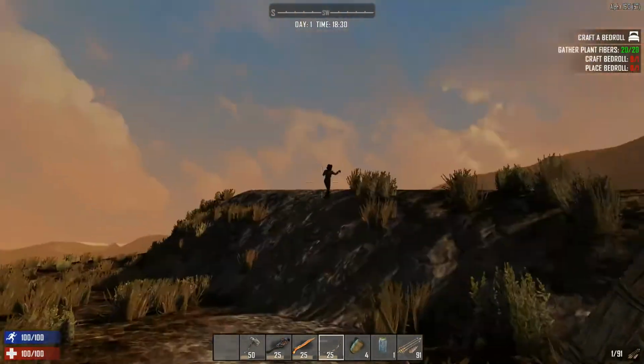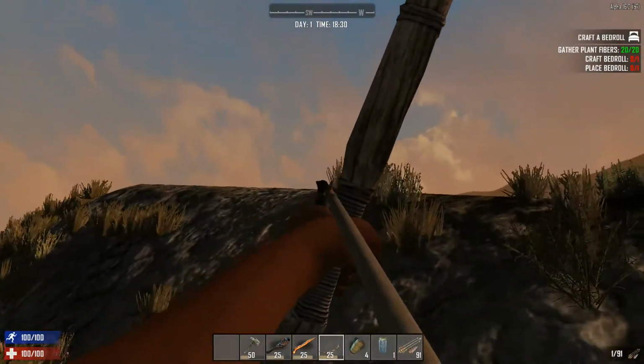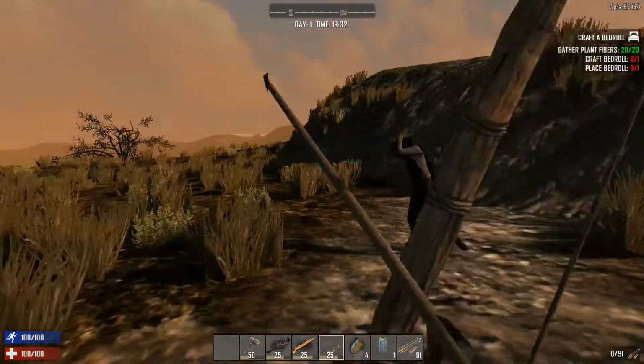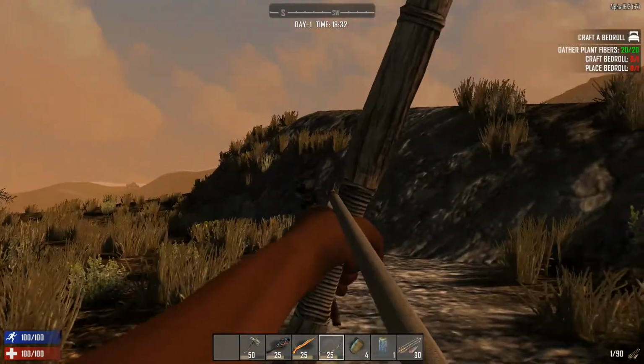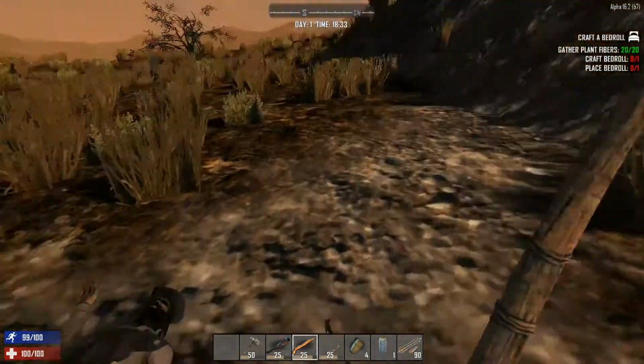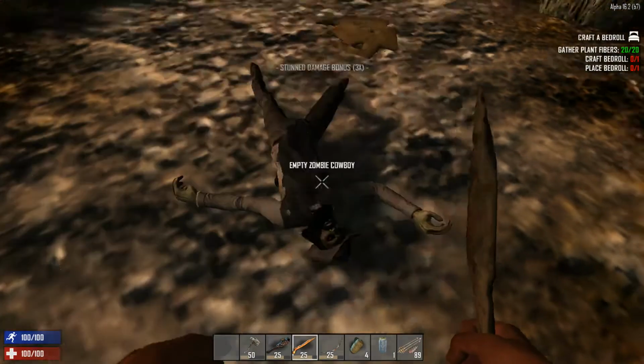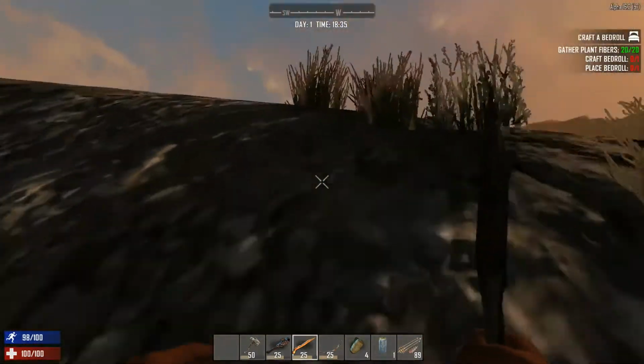Ah, cowboys. Now these guys, as you see me, yeah. These guys can have some really good stuff on them, including magnum parts, which is the best handgun in the game. Although with this low skill, I'm not expecting to find anything decent. We also sometimes have rifles and...